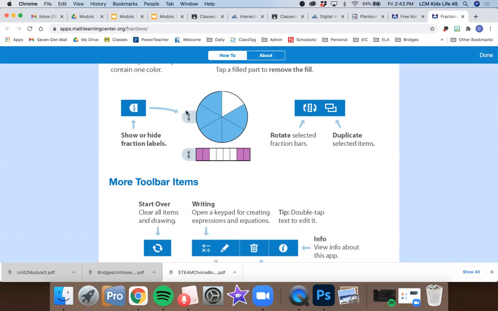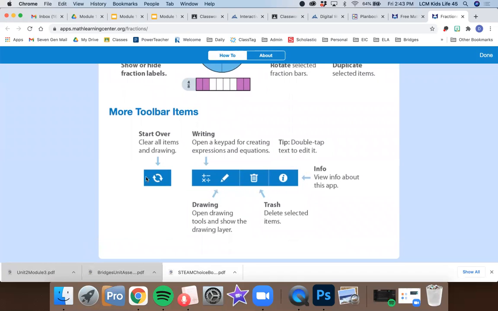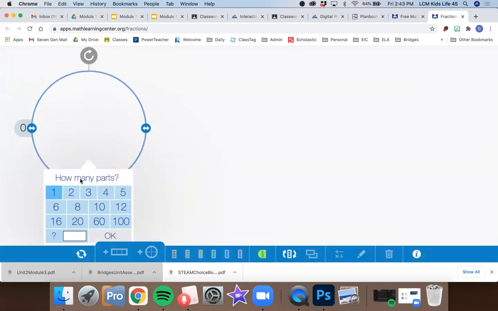So the way that I was showing you it over here, you can pull that over and you can show that a different way, okay? And then as always, this will always clear all items. This will allow you to draw or type onto the screen. So if you are trying to figure out, for example, if you were going to look at,